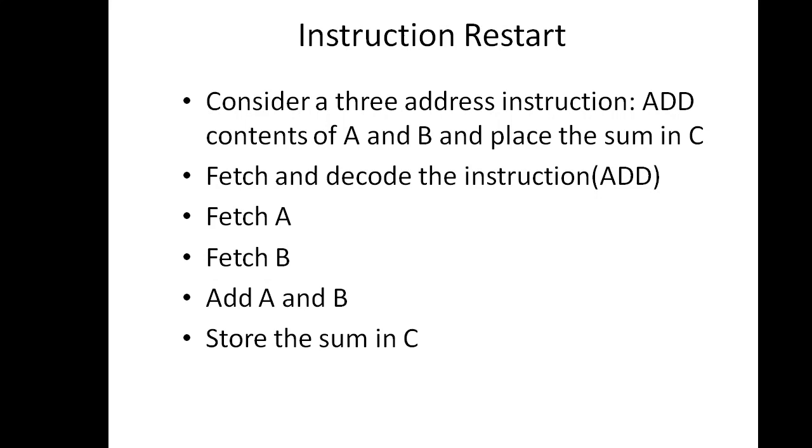Now the crucial requirement for demand paging is the need to be able to restart the execution of an instruction after a page fault. Normally, when an interrupt occurs during execution, we stop the current execution of the program, serve the interrupt, come back and resume the execution. That means we should exactly restart the execution from where we had stopped. In order to do this, we should save the state of the program, or the state of the process, when the interrupt occurs.